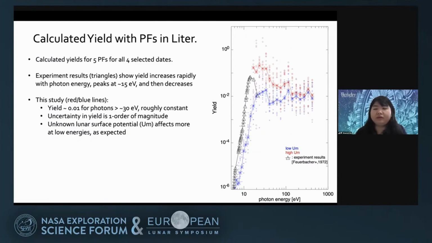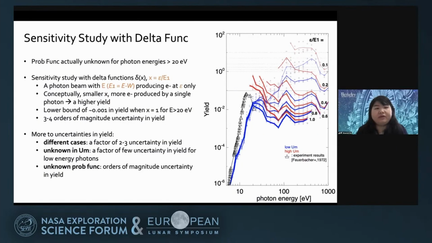So it seems everything is fine. But the big issue is that all the probability functions in the literature are assumed. There are actually no measurements of the probability function at high energies. So that motivates us to do a sensitivity study with a delta function,